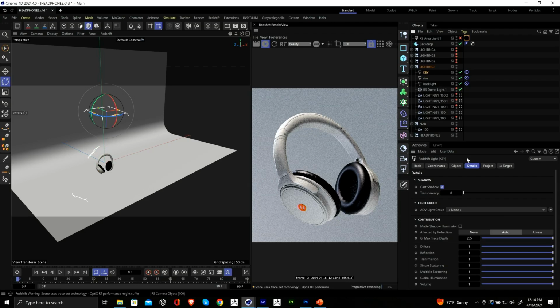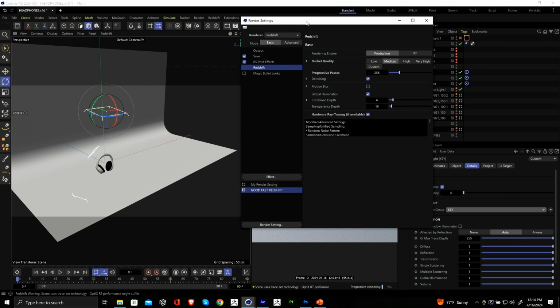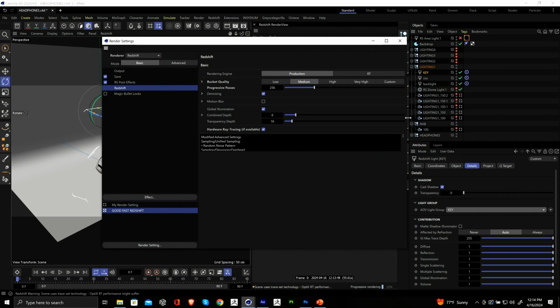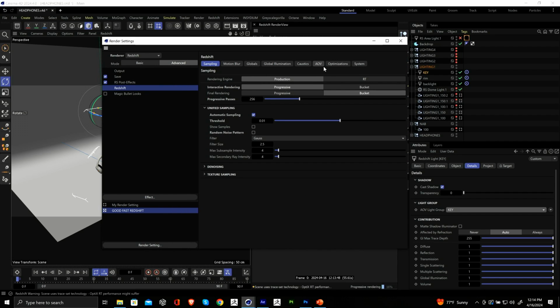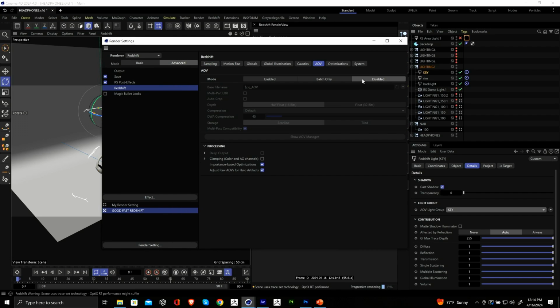And then finally our key. So now we've got these 4 light groups basically. So what do we do with those? We go into our render settings, and let's make this a little bit bigger. Go into our advanced tab, and we go to AOV, and then what we want to do is enable this. So what this does, it takes your kind of render path of your beauty, but now it